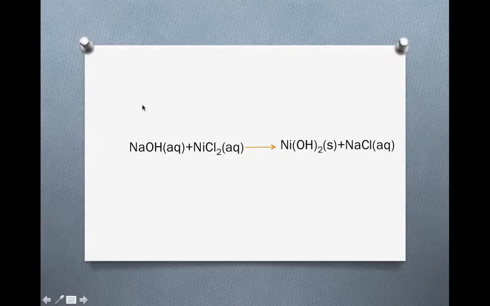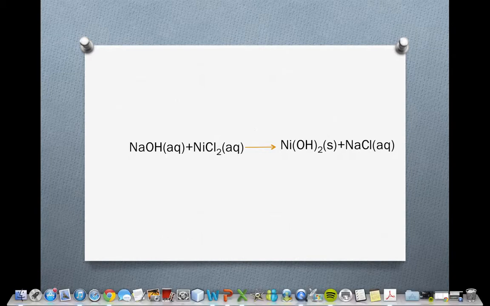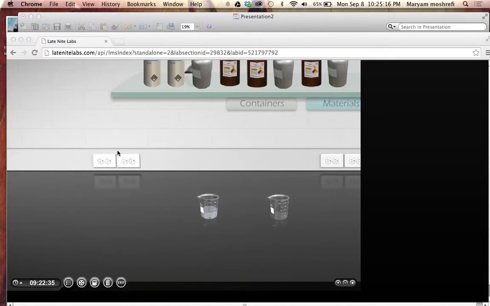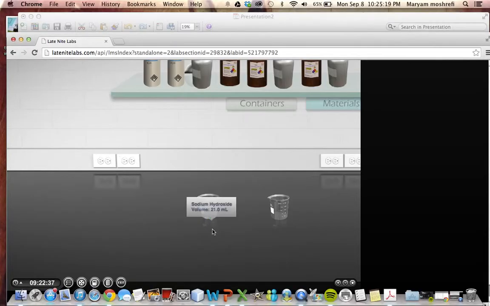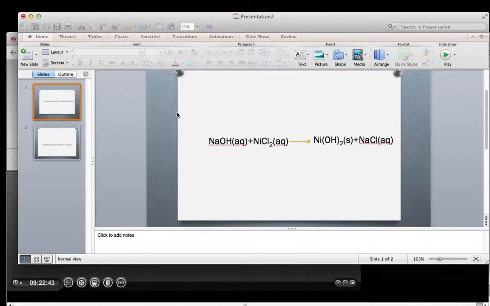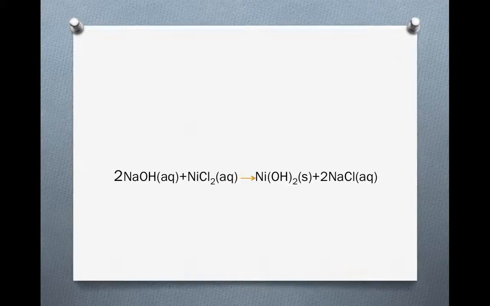So when researched, I found that when sodium hydroxide and nickel chloride are combined, both aqueous solutions, they form nickel hydroxide, which is a solid, and sodium chloride, which is an aqueous solution, which explains this green solid at the bottom of the beaker of the combined solutions. However, this equation that we have here is not balanced, so we'll go to the balanced equation, which shows us